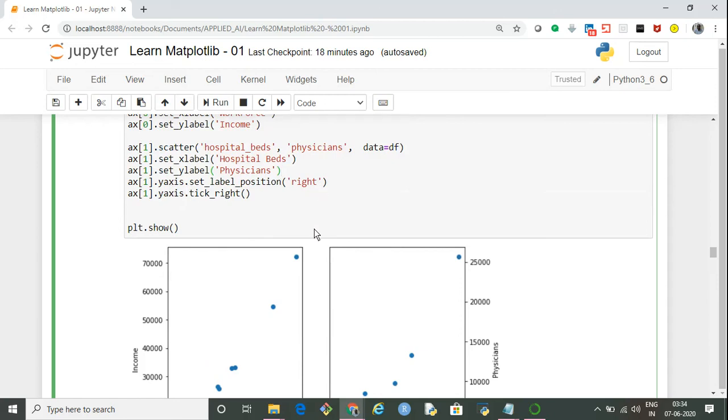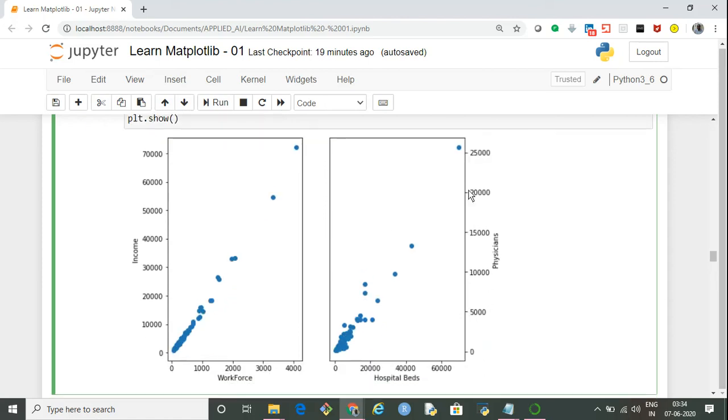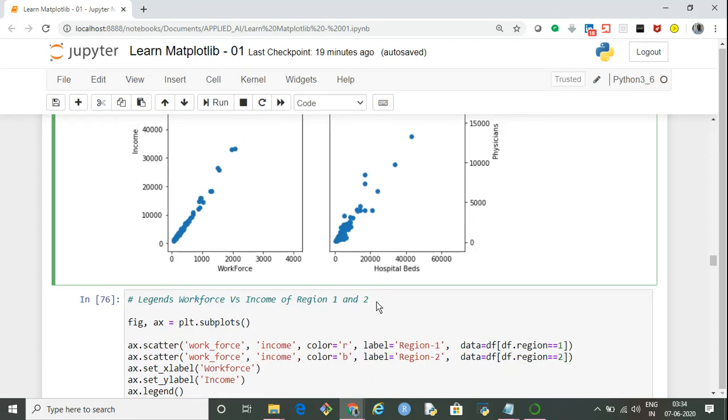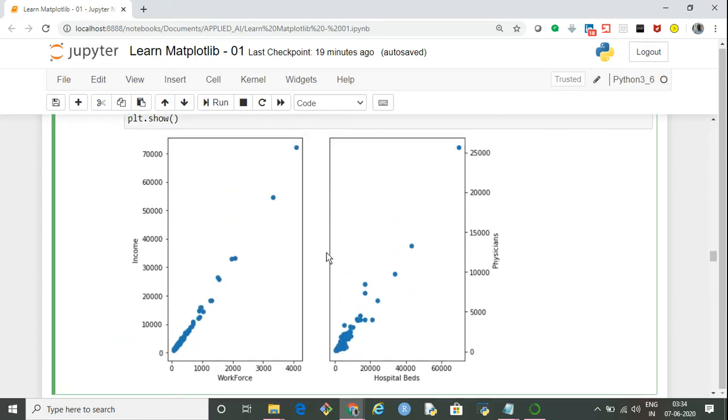Okay, so labels will be on the right side, and at the same time we also want these ticks to also be on the right side. So we say axis dot y-axis dot tick underscore right. So the ticks will also appear on the right side. So in this way, we can present two charts next to each other, and we can also make the y-axis ticks and the labels appear on the right hand side so they don't overlap each other.